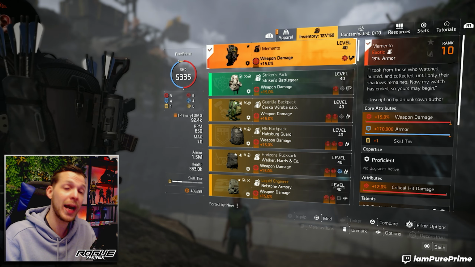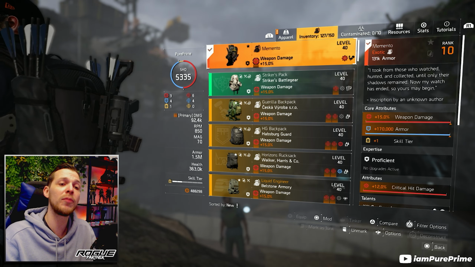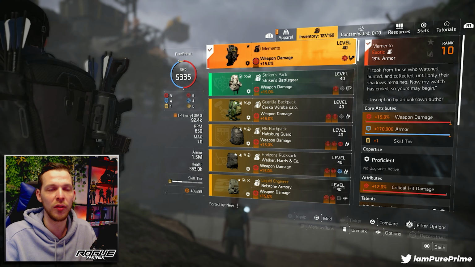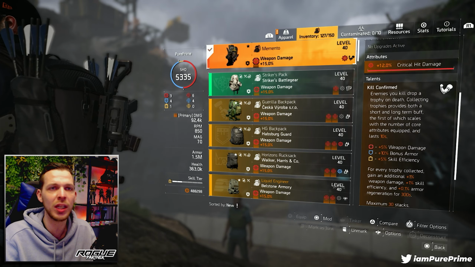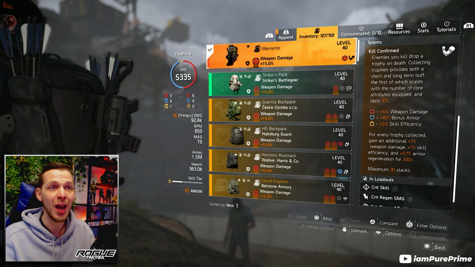Core attributes on there, all 3, so weapon damage, armor, and skill tier. I went for 12% critical hit damage mod on there, and we're mainly using this, of course, for the armor generation and for that extra damage output. The skill tier is very nice as well, will help us for our skills, of course,